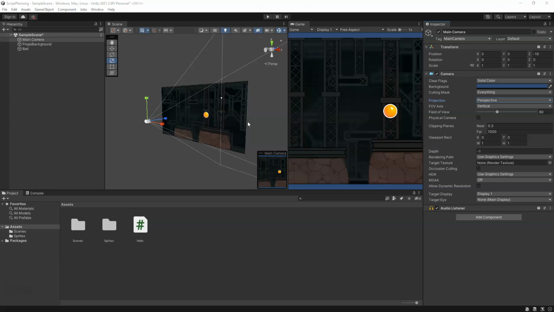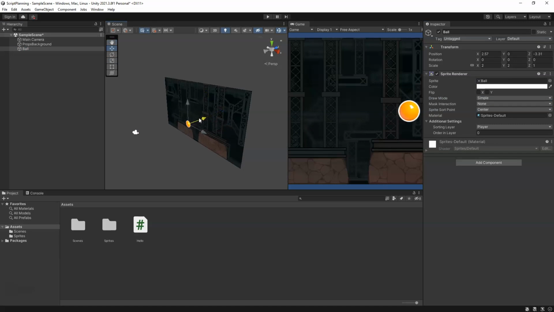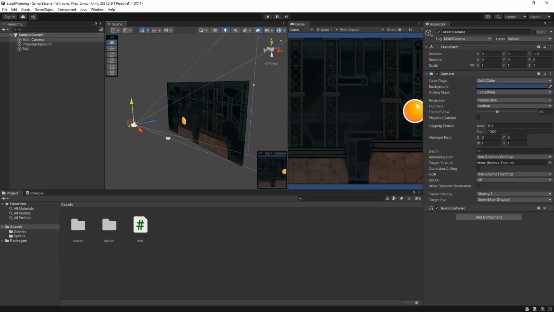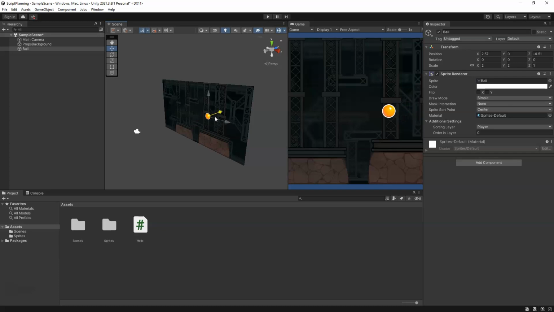To show another difference visually, if we grab our ball sprite, and you can use the move tool or press W, if I bring it forward in the Z axis, you'll see it actually gets bigger in the game view for what the camera is seeing. Versus if I bring it back, it gets smaller and smaller. So I'm going to put the Z back to 0,